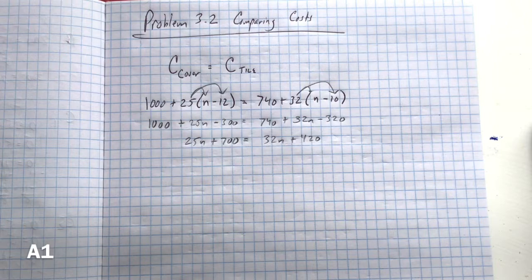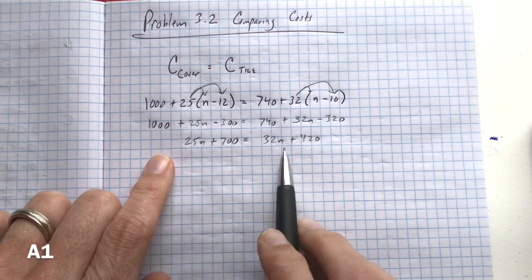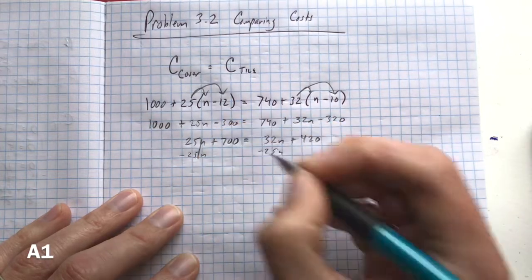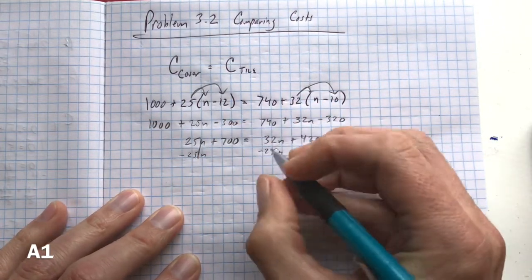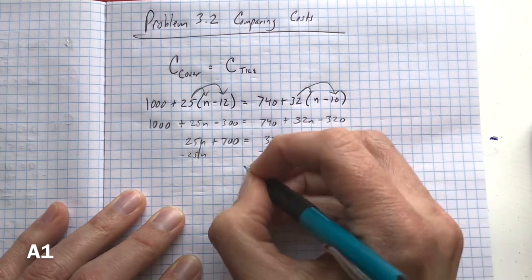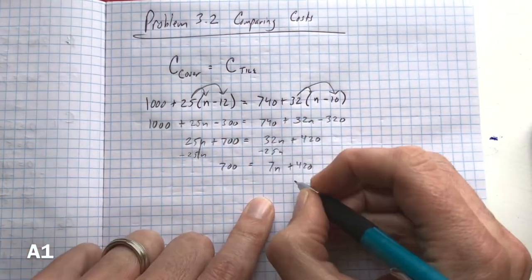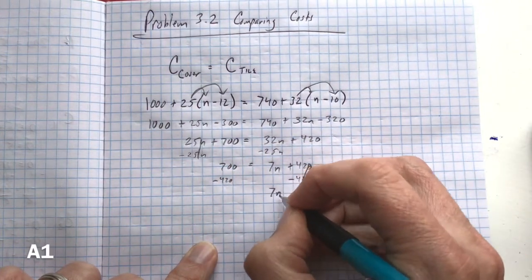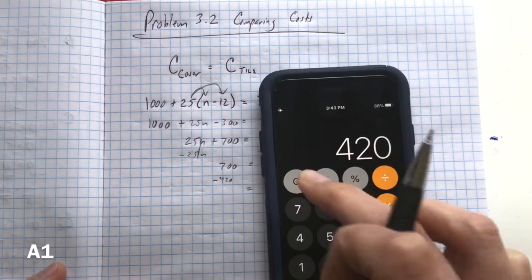And then we start moving these around. I want my n to be positive, so I'm going to bring the 25n over here. Minus 25n here, minus 25n here. These are going to cancel. 32n minus 25n is going to give me a 7n. I'm going to bring this down. Subtract 420 here, subtract 420 here. This is going to cancel. 7n is equal to